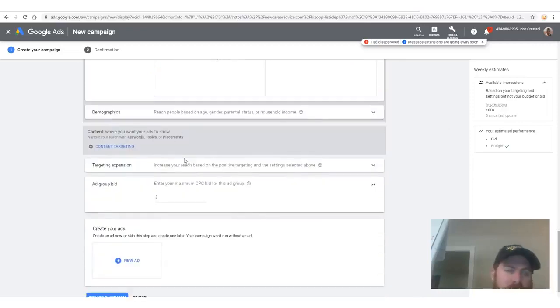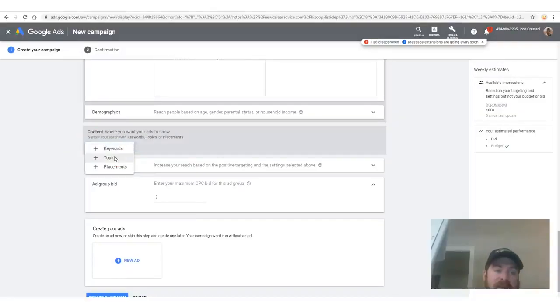And what we're going to go down to here is where it says content targeting. This is where we select who gets to see our ad. We're going to select topics right there. Remember, you can always follow along in the resource guide. Again,